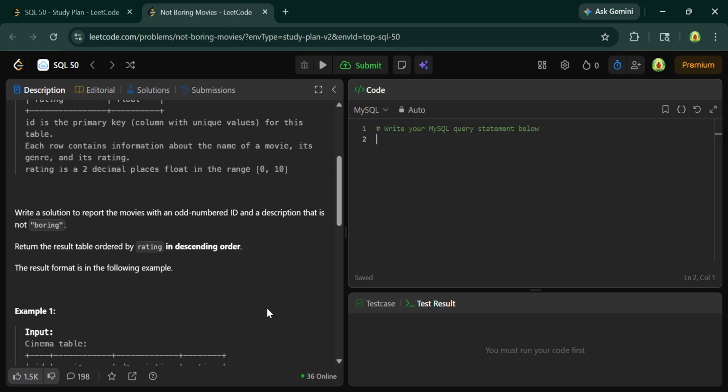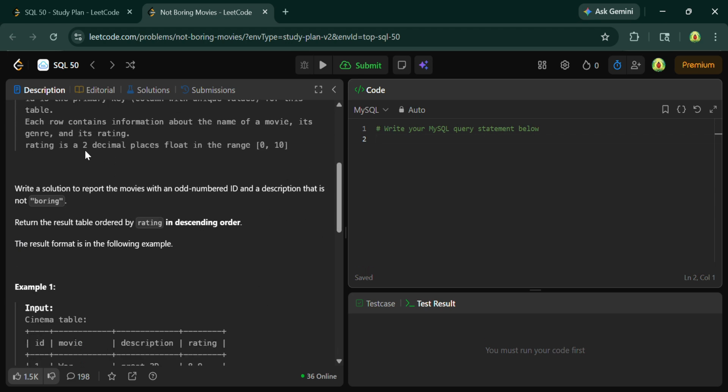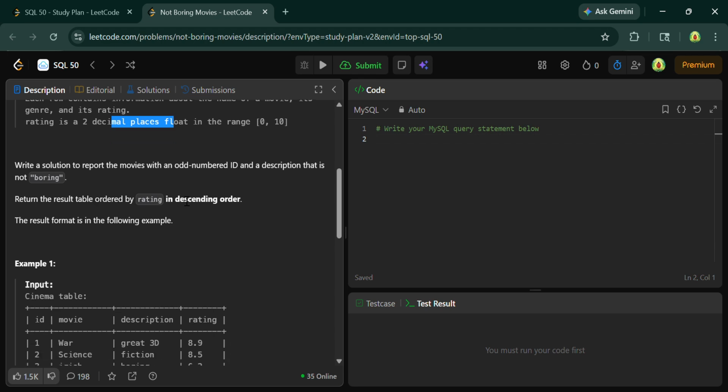The rating is a float type with 2 decimal places, and the range lies between 0 to 10. So write the solution to report the movies